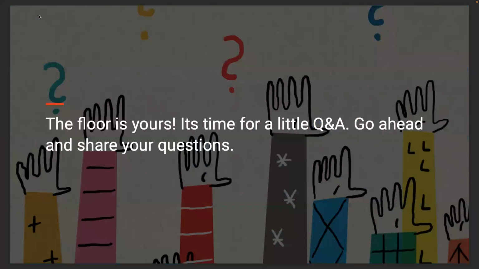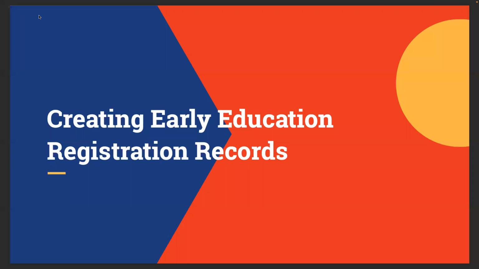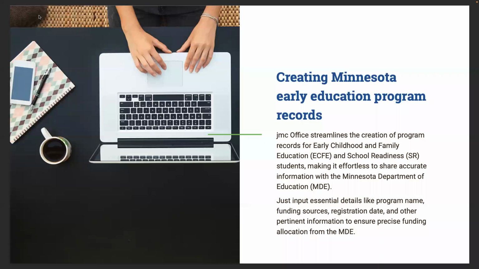All right, then we'll keep on moving. And we'll look at creating early education registration records. JMC Office streamlines the creation of program records for early childhood and family education (ECFE) and school readiness (SR) students, making it effortless to share accurate information with the Minnesota Department of Education. Just input essential details like program name, funding sources, registration date, and other pertinent information to ensure precise funding allocation